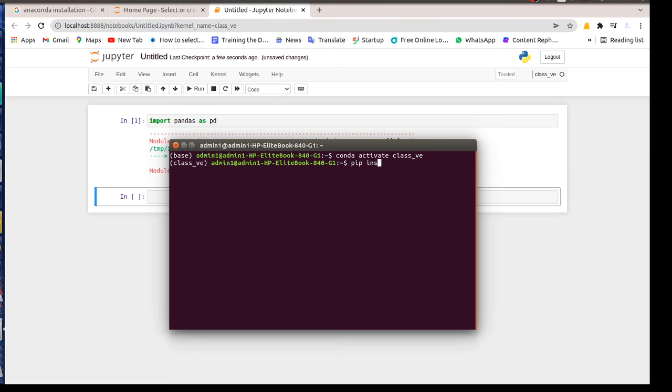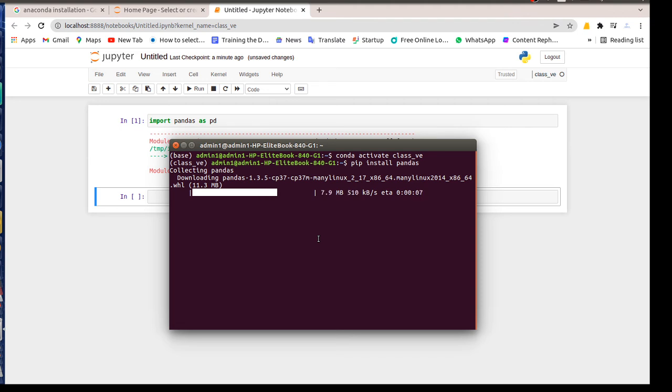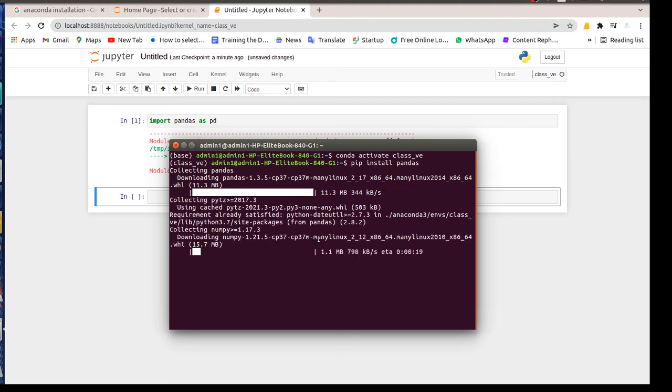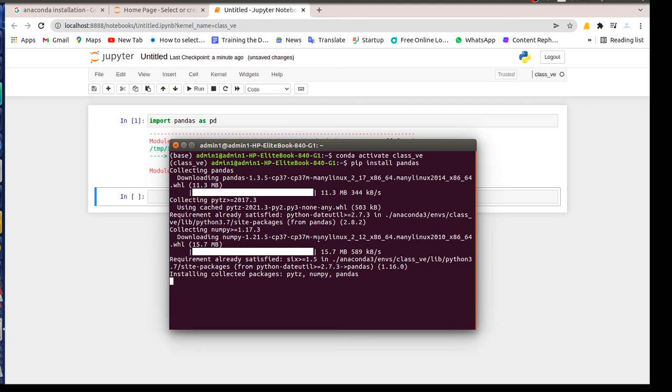pip install pandas. Yes, now it's installed.